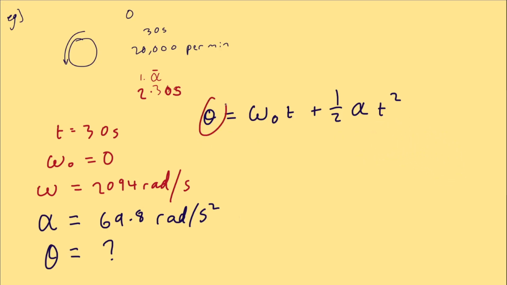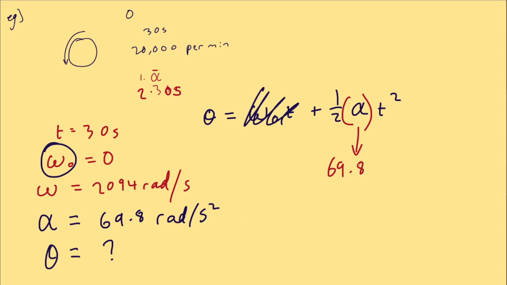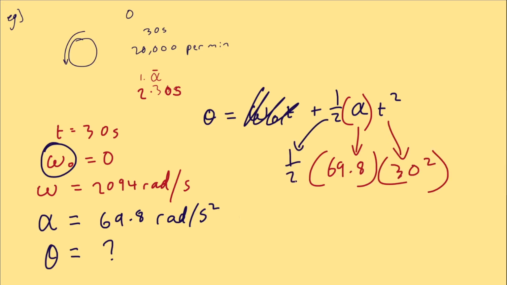So we put in our angular quantities instead of linear symbols. Let's do some plugging. Since initial velocity is 0, this term is just gone. Angular acceleration is 69.8 and time is 30. We multiply this by 1 over 2 to find